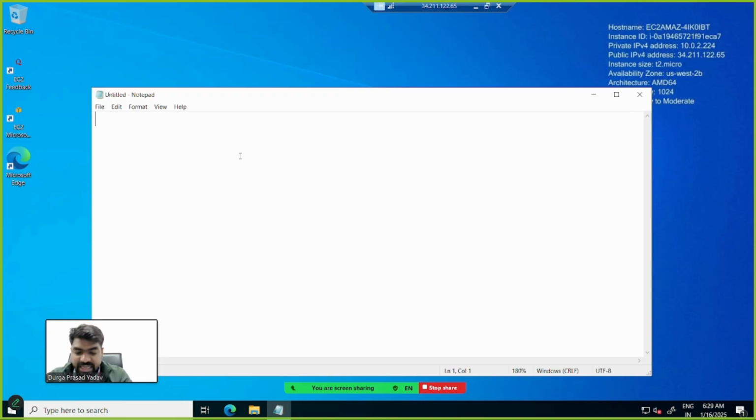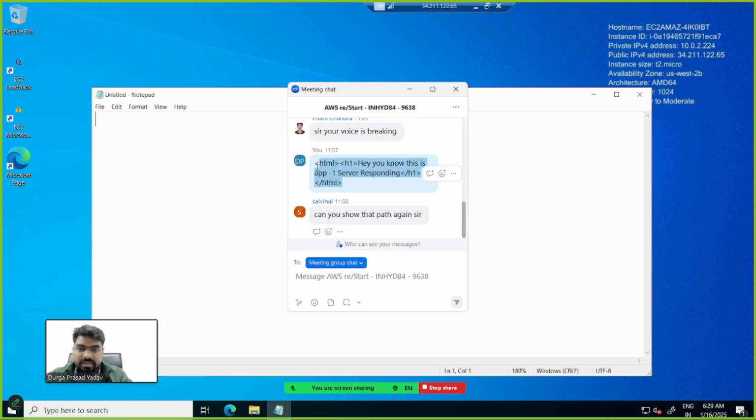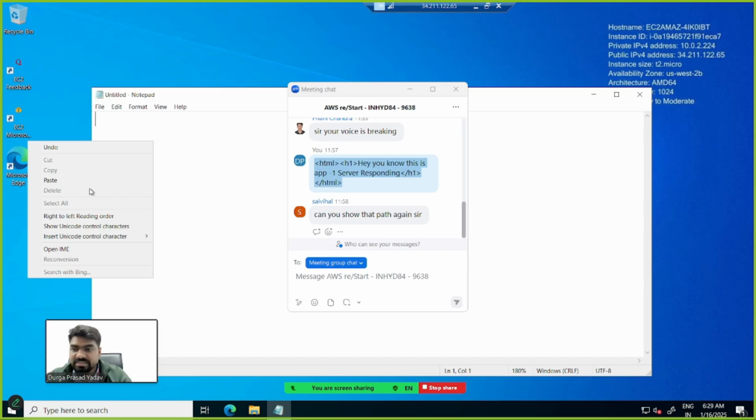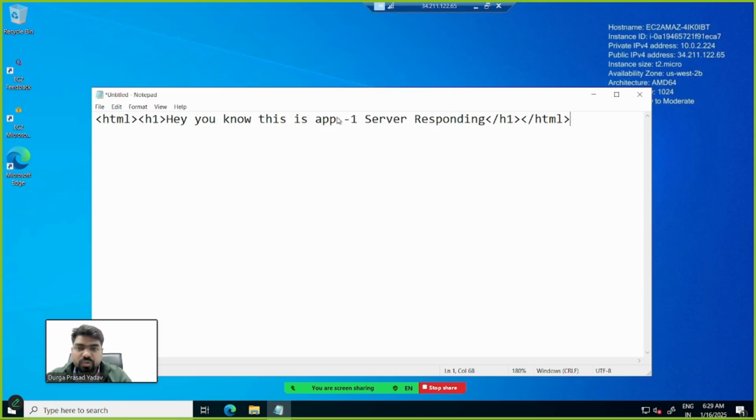So here again I write the same HTML page. I have shared it in the chat box, so I can just copy again. And you know that this is not server 1, guys. This is server 2. So here we can just write server 2, app 2.